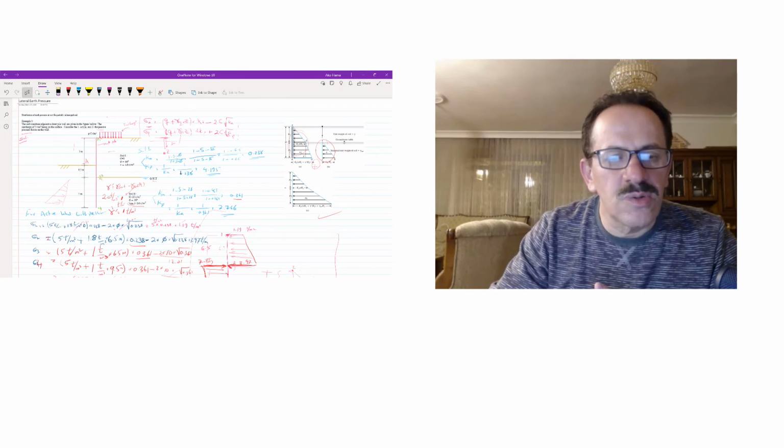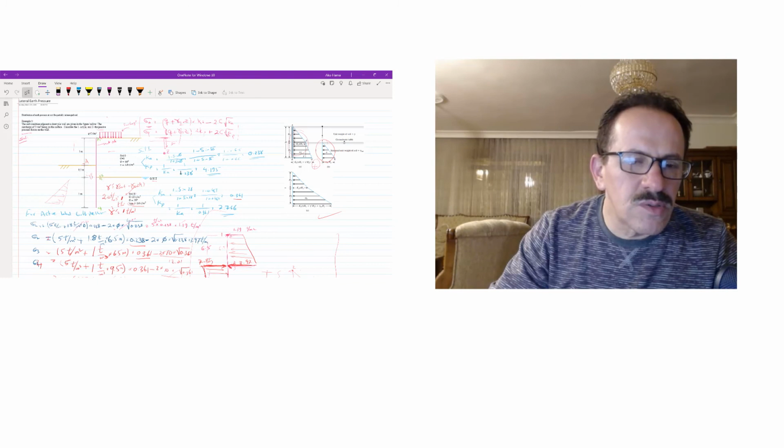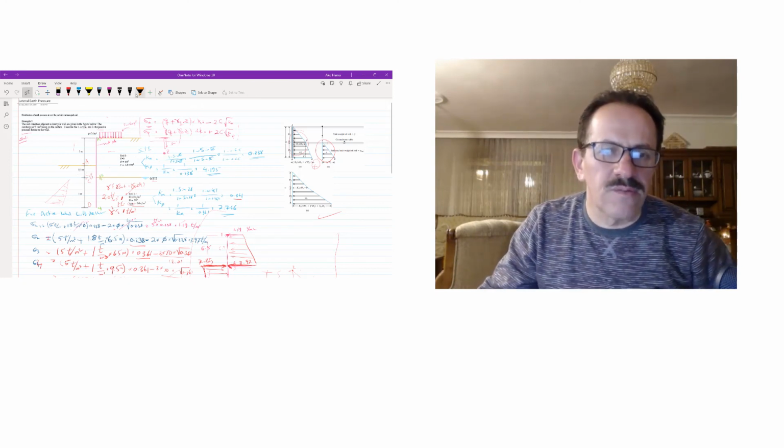For passive, as I told you, the lateral wall, the left hand one will be more than this one. So I will go to find the pressure at point A and B, and because also we have difference of A and B, C and D, so we have to find at A and B, C, D, and next lecture we will make it more clear for you.